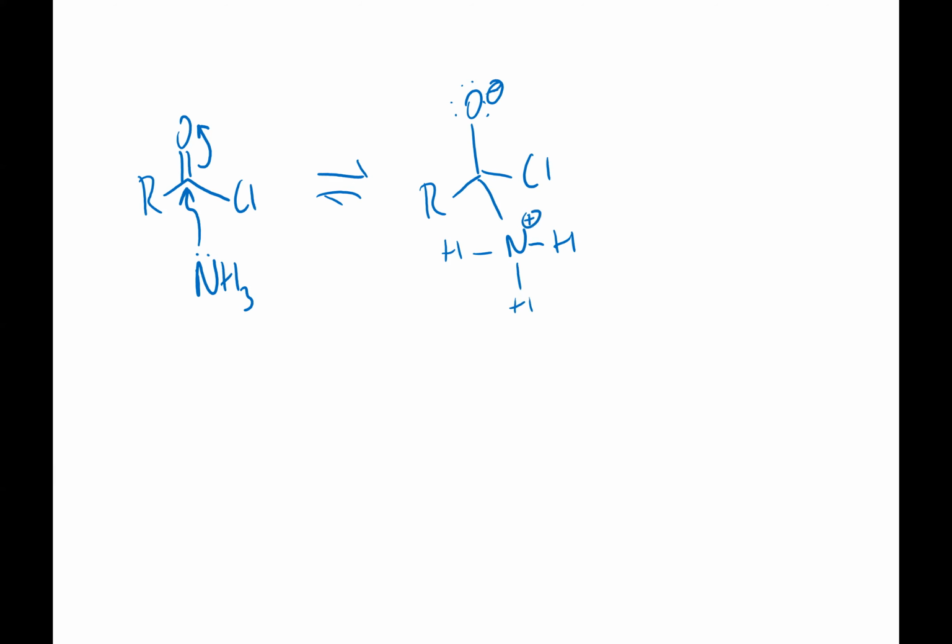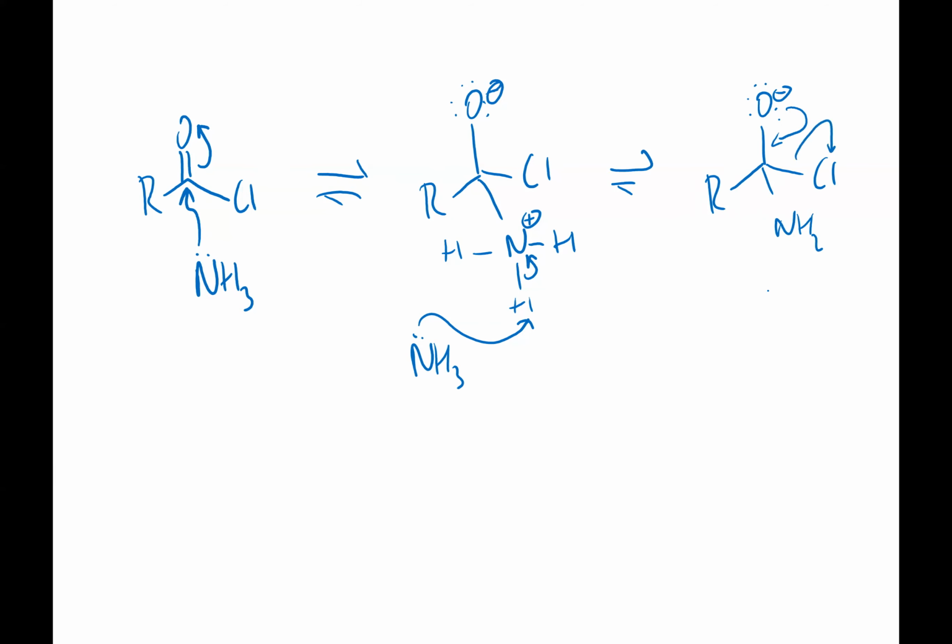We have a protonated species there. And then we do deprotonation of this intermediate, because we have that added base already, followed by reforming the carbonyl, kicking out the chloride, and we end up with